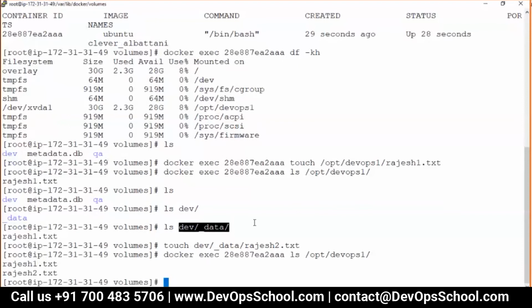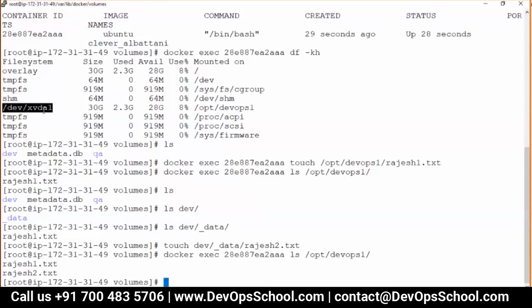It shows xvda1, and here we are searching in underscore data. Because the file system says /dev/xvda1, right? With the df -kh command, this is at the kernel level actually. One mount is named dev xvda, and the next mount will be another one.